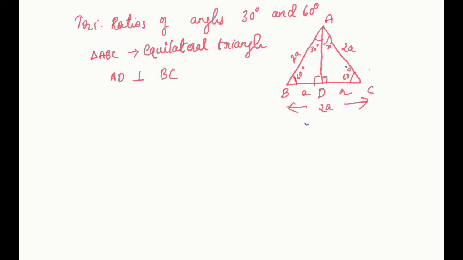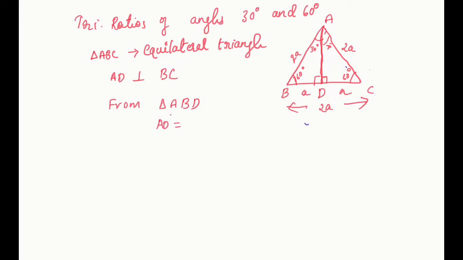Okay. Now, clearly what you are getting, BD is A. It's clear. BC by 2 will give you BD. So, all the sides are equal. Now, only one side of the triangle is missing, right? Which is the side AD. We don't know the AD value. So, let us take from the first triangle, from triangle ABD, we have